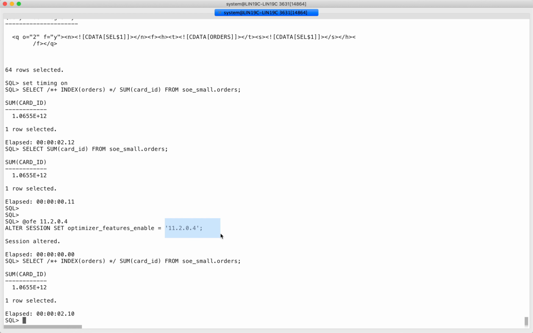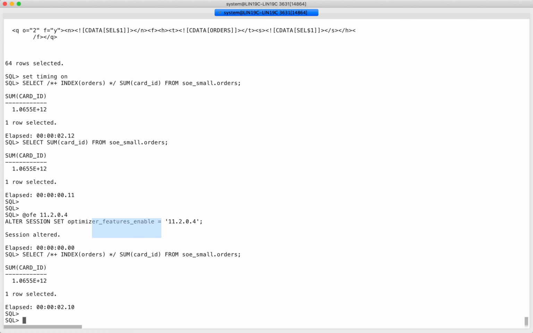I mean, this does not make your query run on Oracle 11. This will just control some optimizer features where this kind of version specific enablement is implemented, right? So this will make my optimizer work more like Oracle 11, but it's not gonna be exactly Oracle 11 because some features in the optimizer don't have these feature flags enabled, right? And it looks like